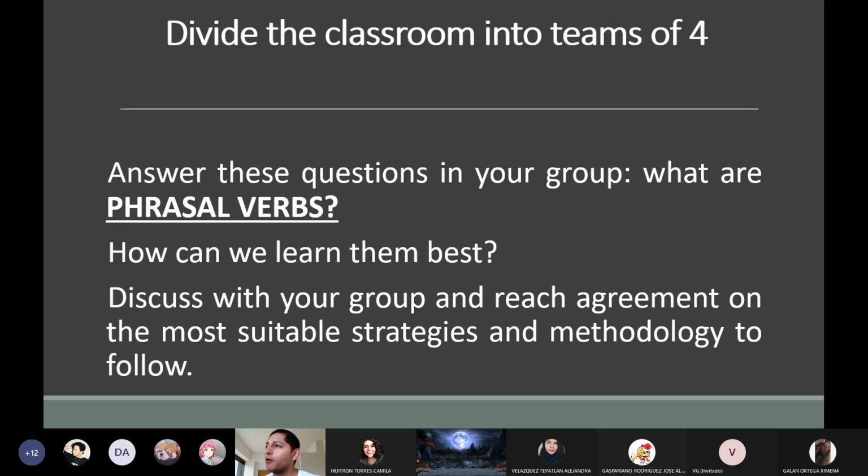Instead of going for "to find out the meaning of a word," if you want to sound more formal, you say "to discover the meaning of a word." So you always have one formal possibility for replacing phrasal verbs, and the opposite, you have a more familiar way to express and communicate